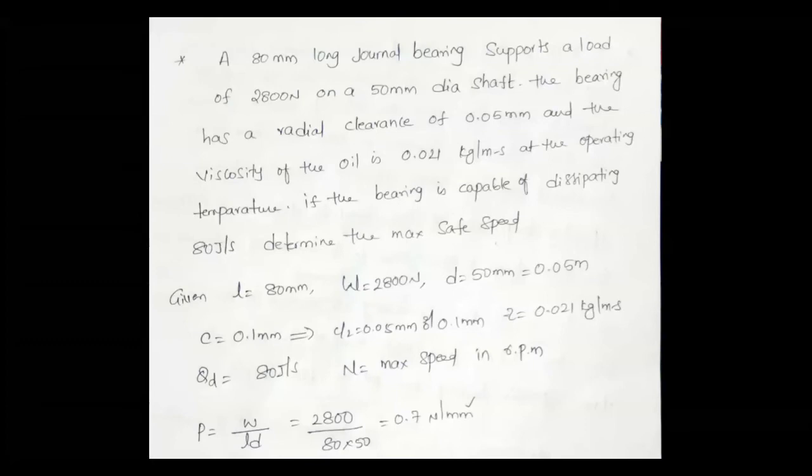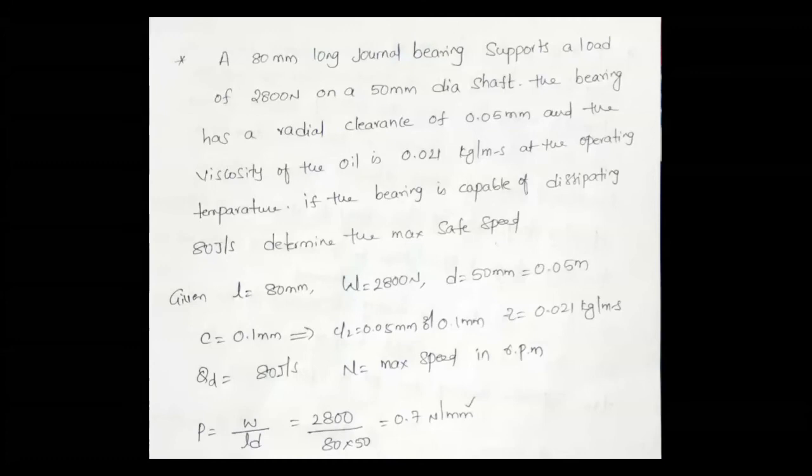Then try to evaluate each and every term of your formula. So in this case, P equals W by L into D. Whether the W value is already known or not, please verify from your problem. Now go for the L value and D value, and verify whether they are known. If it is a known parameter, directly substitute. L value is given and D value is given, so W, L and D are all known.